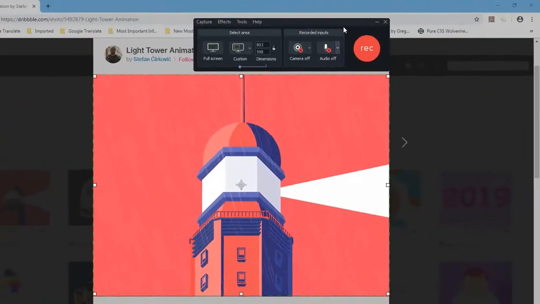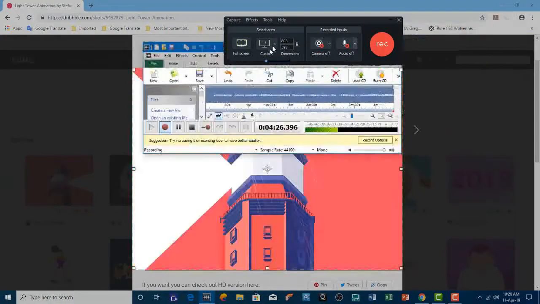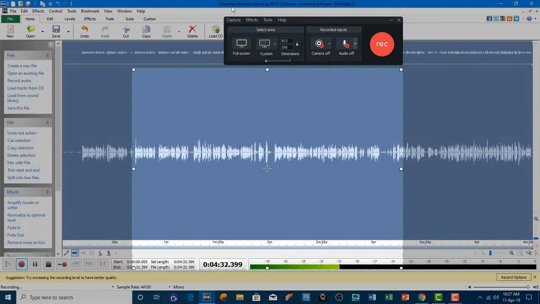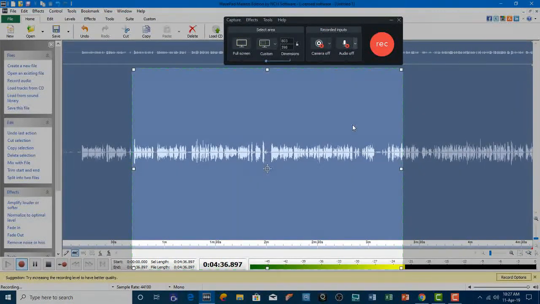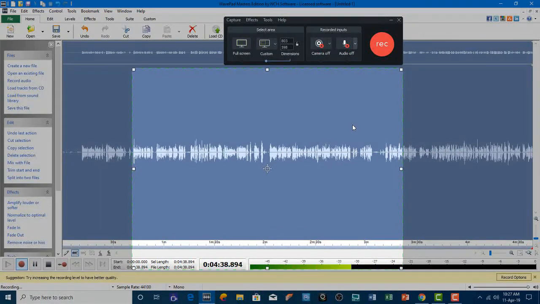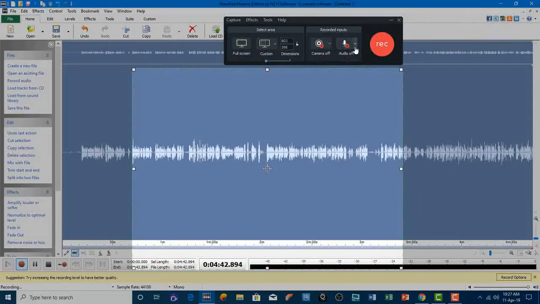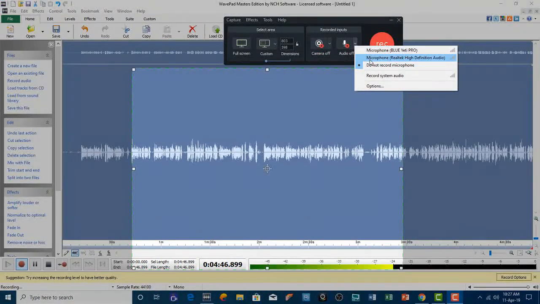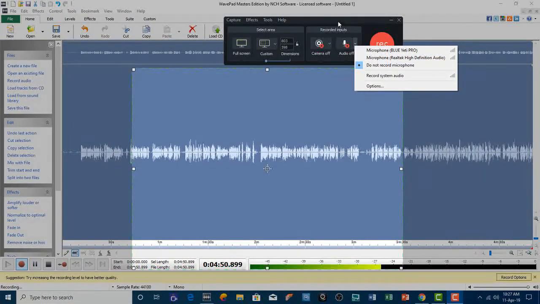How I am recording this audio right now is in this application. As you can see, I have opened a separate application that is called WavePad Master. That software is currently recording my audio because later I want to edit my audio as well. Using Camtasia's audio, you don't have many options to edit the audio later on. That is why I am using WavePad Editor.